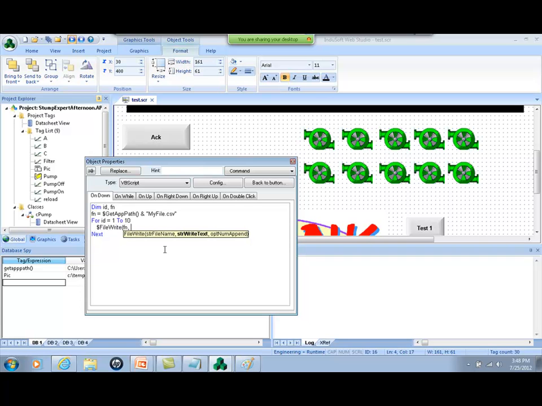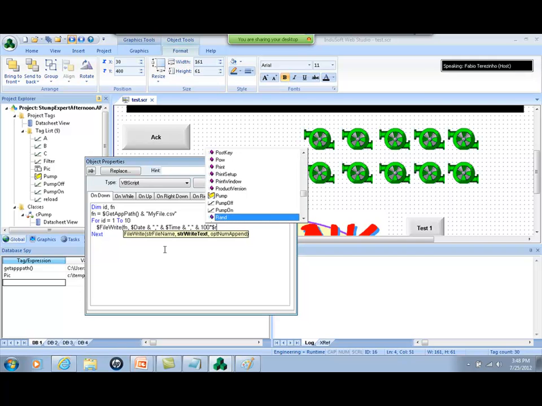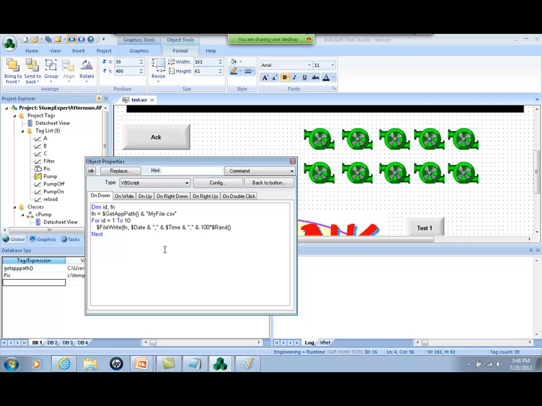So let's say, for instance, I want to display the value of the tag Date and comma and the value of the tag Time and comma and, for instance, the number 100 times the Rnd function, just to have a random number there. So this expression here is the content of the row, and the last argument is a flag